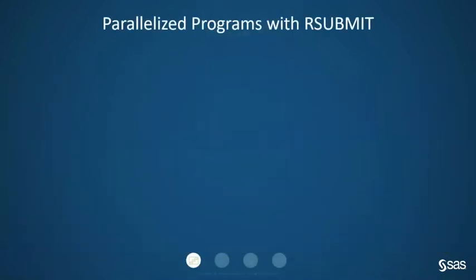When we normally write SAS programs, we're normally writing them serially. You write a step, you wait for that to complete, you write another step, and you wait for that to complete. A lot of the times in our programs, we've got things that we don't necessarily need to run in serial. You can in fact split some of these things out so that something runs in parallel with another process. And in SAS, you can really easily do this with this thing called RSUBMIT, which effectively creates